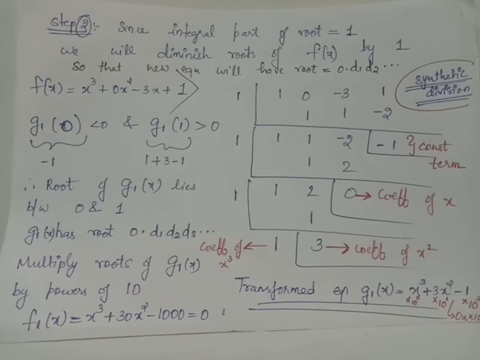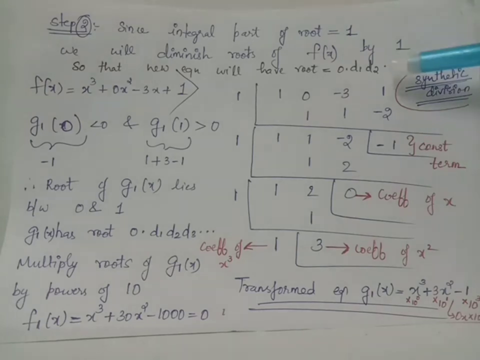Now let us identify values between which the roots of g1 of x will lie. For this, we will again use the rule of Descartes. That is, we will check x1 and x2 values for which g1 of x will have opposite signs. We have g1 of 0 is negative and g1 of 1 is positive. Hence, we can conclude that the root of g1 of x will lie between 0 and 1. That is, the root of g1 of x belongs to the interval 0, 1. The lower bound of the interval is 0, and hence we will select 0 as the integral part of the root of g1 of x. We have g1 of x will have a root of the format 0 point d1, d2, etc.